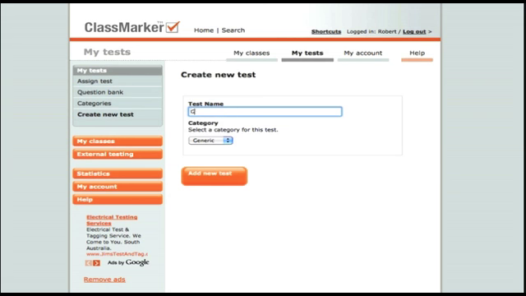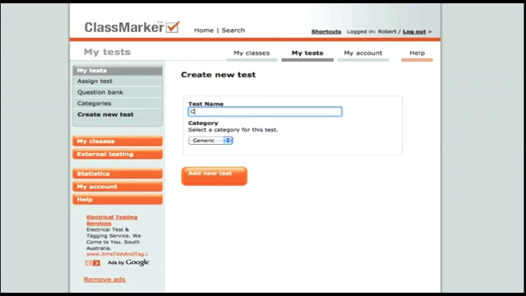And the category for this test is biology. So perhaps the way you could manage all this was that let's say you're doing biology, you have a textbook on biology. You could create a test name based around each chapter of biology. In other words, genetics could be a chapter in your biology textbook. And then you just click add new test,